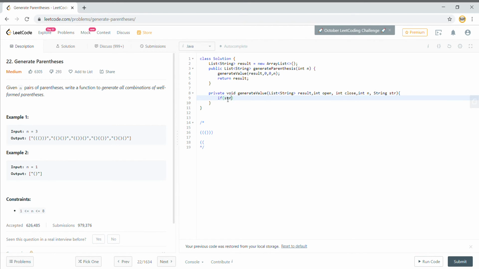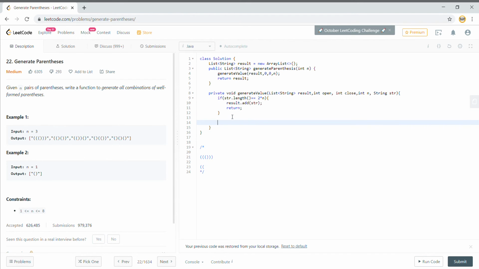So we check whether str.length is equal to 2 times the number of pairs that has been given to us. If this is the case, then we populate the result list, so we add the string to this list, and we return from here. This is our base case, where we populate the result array.